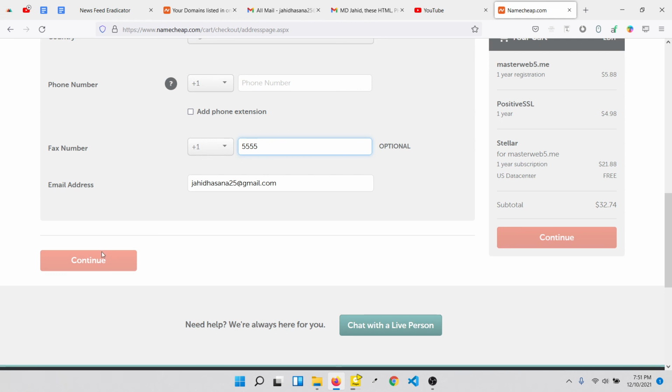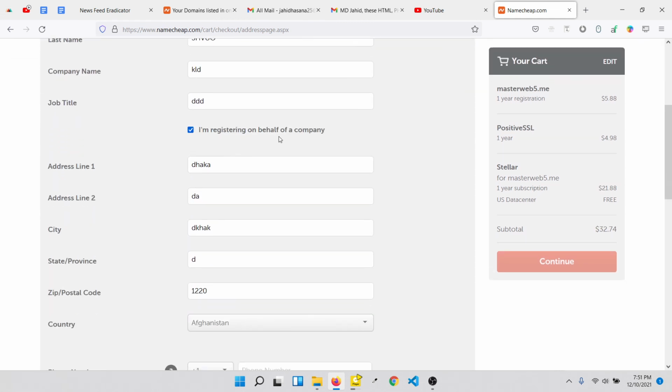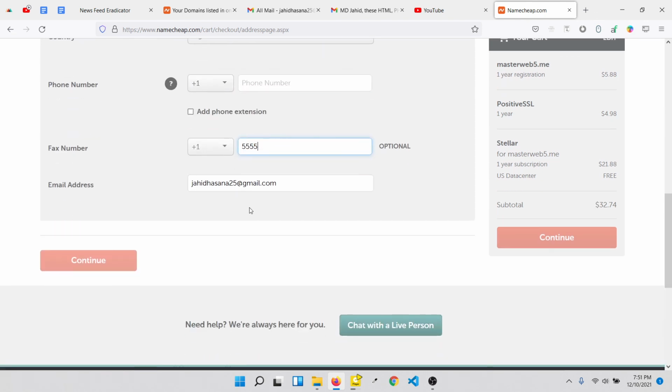I did not give the right details here because I have already bought a domain. You just complete, simply click the continue button, and the payment process is done. Then your domain is bought.